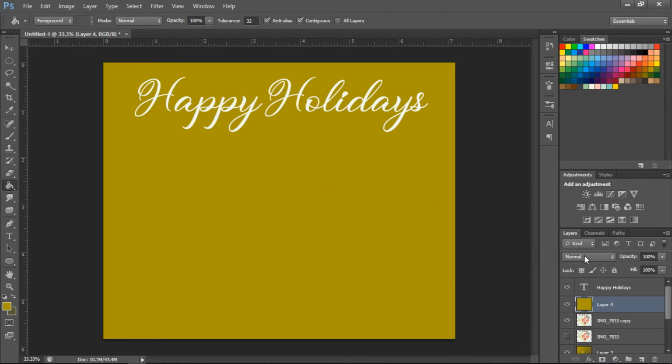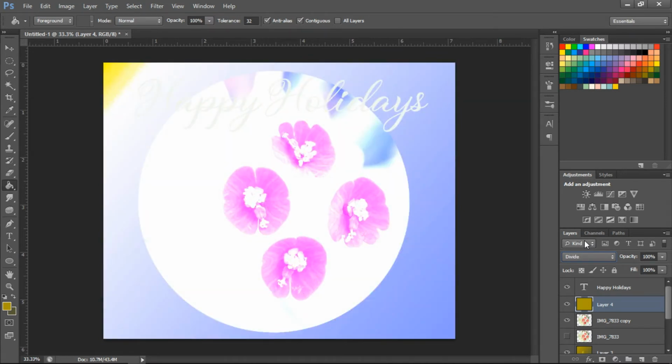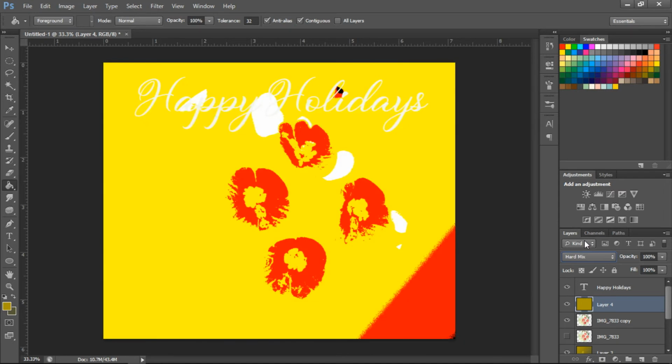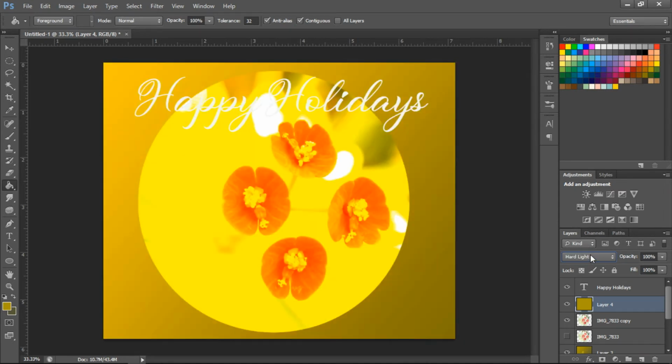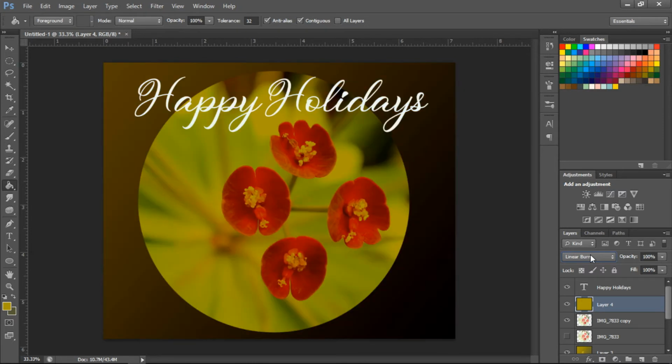And using this, instead of normal, just play around with that and see what colors you can use over that. Say you want it all green or blue, just use the difference just here, see what colors give what effects, and kinda settle on the one you think would be cool. Say that one, Happy Holidays,